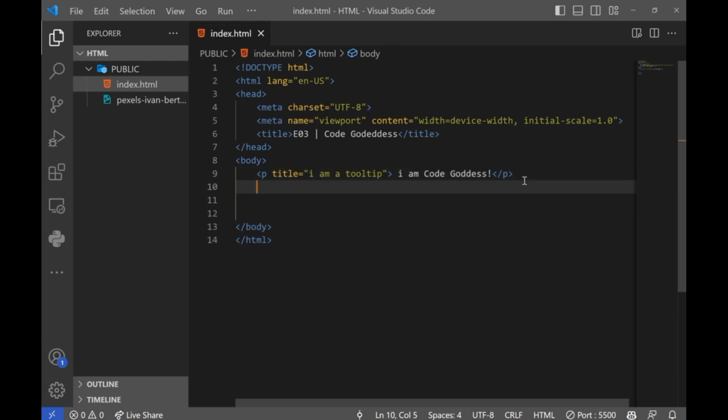It's for clean code. For example, we can have href without these two quotation marks. We can have http